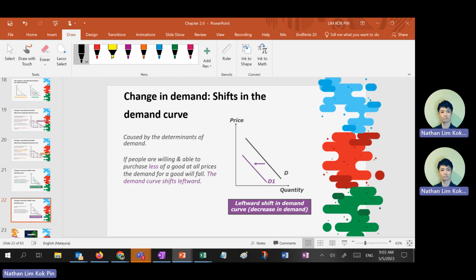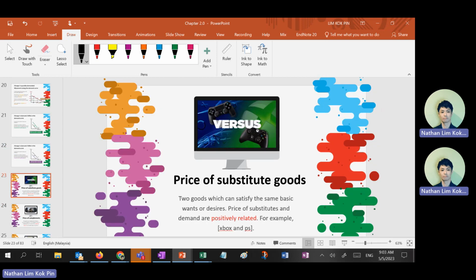If it's a decrease in demand, notice I don't use decrease in quantity demanded. If there's a decrease in demand, it means shift left or shift in, shift leftward or shift inwards. Any question on the terms that describe all this? Any questions? No? Cool. Now we'll move to the